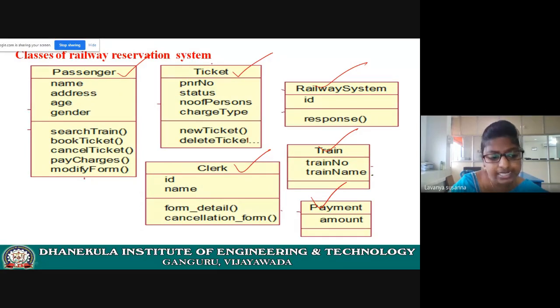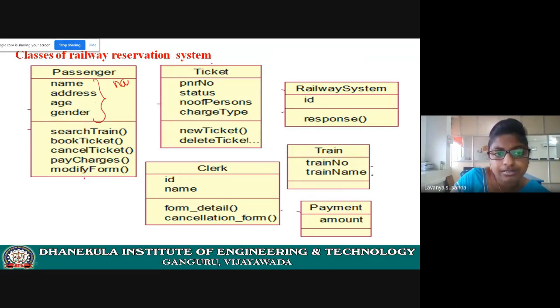Now let us see the attributes. What will passengers have? How can you identify the passenger? Name, address, age, gender, phone number. Identify all these attributes. These attributes must describe the entity, passenger.